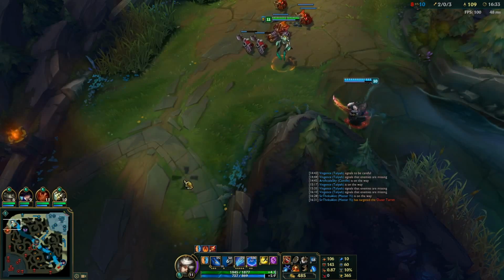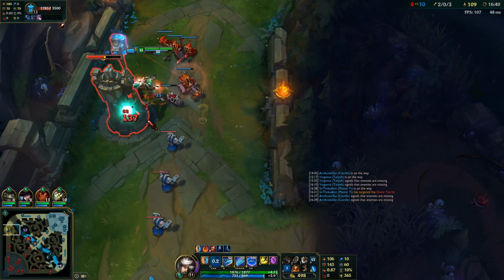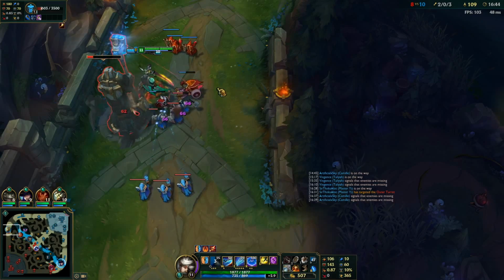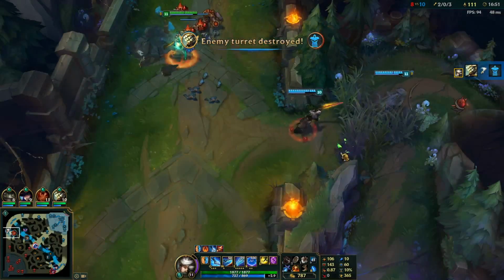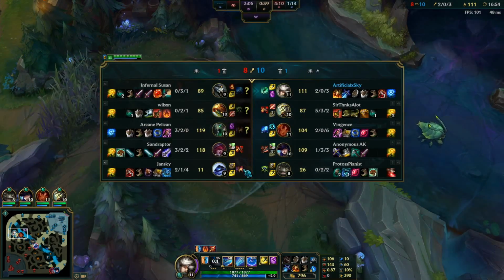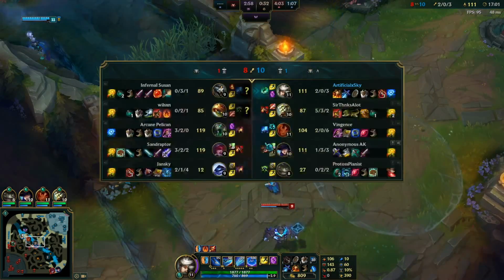Yeah, okay. Rengar might be waiting at tower here. We'll see. Oh, he's missing. Even though I'm not building damage, Camille still takes towers very quickly. And we're gonna finish the Iceborn next, and then get a Mercury Treads. And then after that...